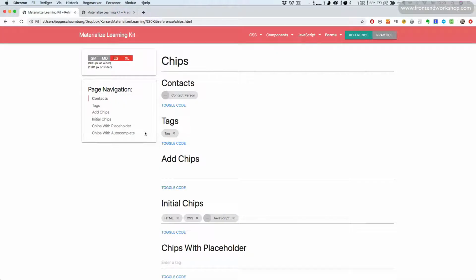Chips are used to show small blocks of information within inputs. Most commonly, they are used for contacts or tags. First, we see a chip being formatted to show a contact person. We see that we have a rounded small image here, and then the name of the person, all formatted into